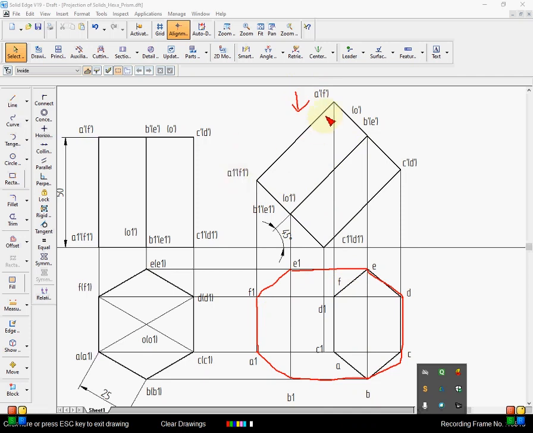Okay, next, when I look from the top, this A dash, A1 dash is a longer edge. F dash, F1 is longer, coming towards the observer. That means A1 is seen, F1 is seen. Yes or no? Another analysis is that A and F are corners. Corner A is completely seen, corner F is also completely seen. Which corners are completely seen, all lines going from that corner are seen. Here A is a corner. How many lines will go from this corner? Three lines: one longer edge and two base edges.